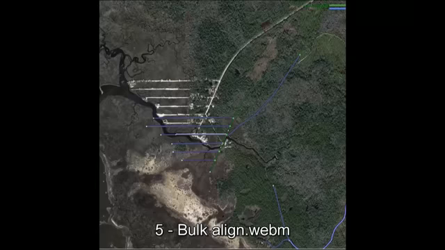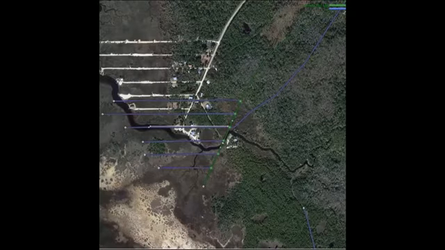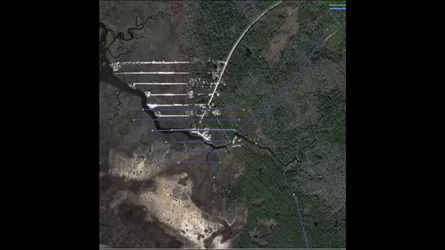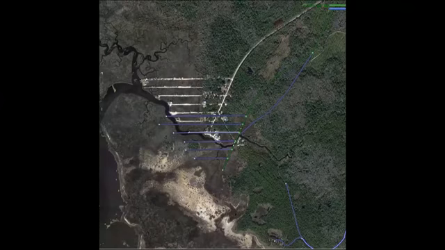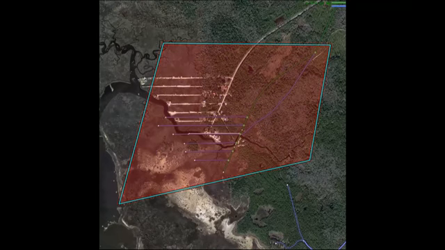Now, sometimes the data we take in has strange, consistent islands of error. For instance, an entire neighborhood's worth of roads might be offset by 1,000 feet, or there might be consistent errors with scale or rotation. Correcting these one at a time would be cumbersome. Luckily, we have a few bulk transform tools, such as the one you see here.